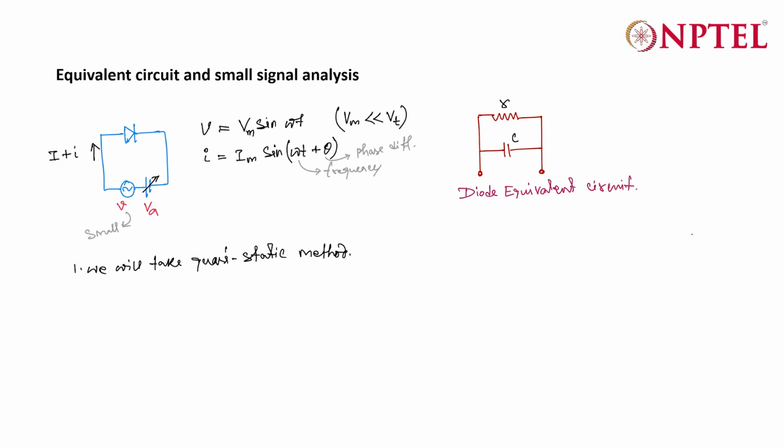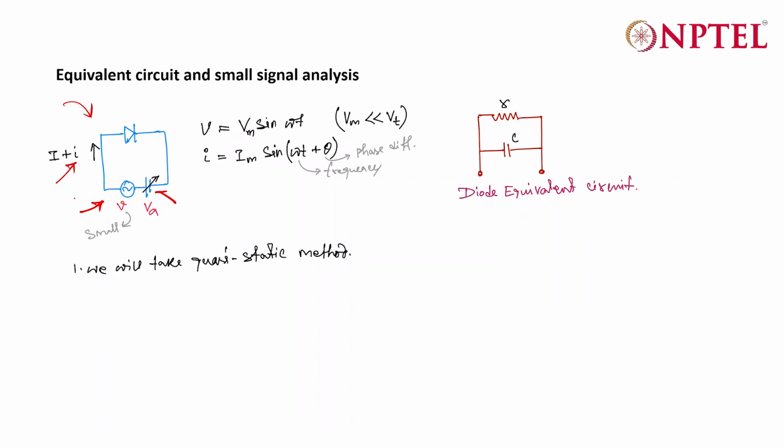Let us start. So we already have seen some of the details regarding reverse and forward bias junctions. Now today we will start the equivalent circuit and the small signal analysis associated with PN junction diode. So for that purpose, let us begin with the basic circuit that we consider. In this case, what we do is we consider a very small signal voltage applied along with the DC bias, and then we calculate the current